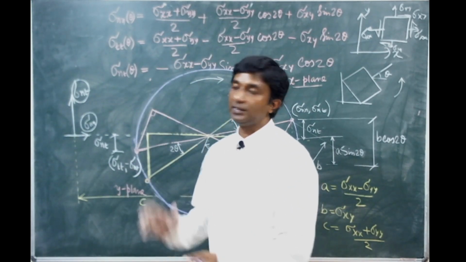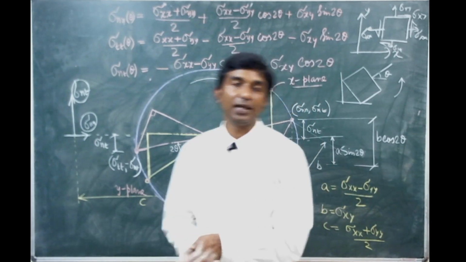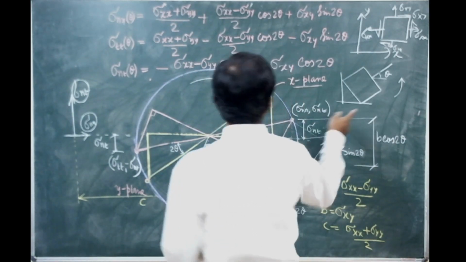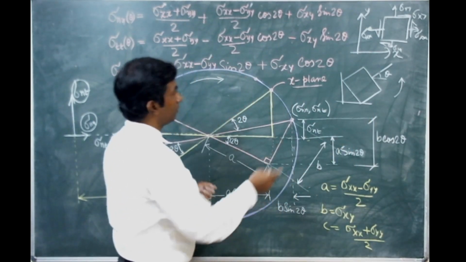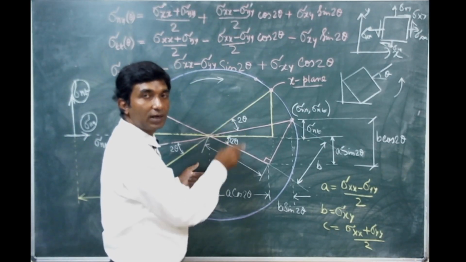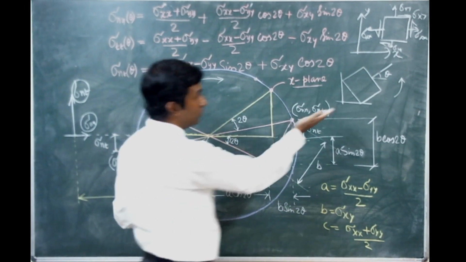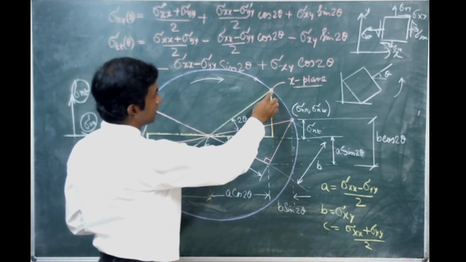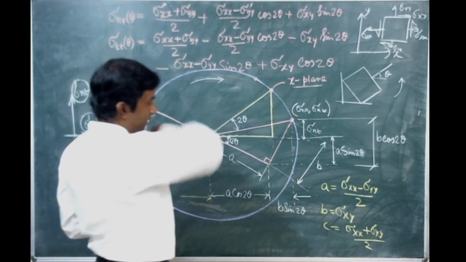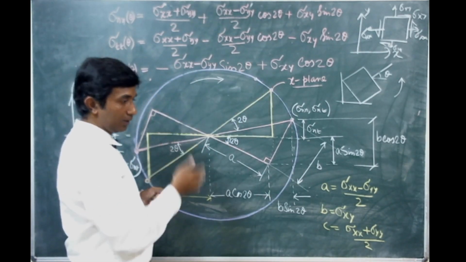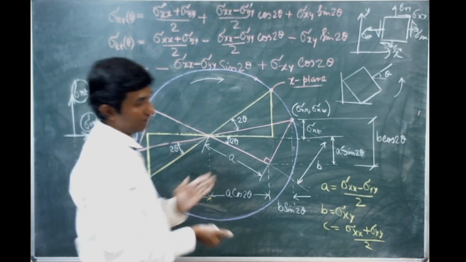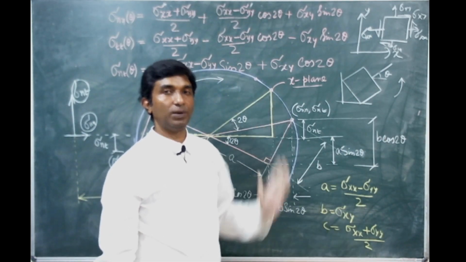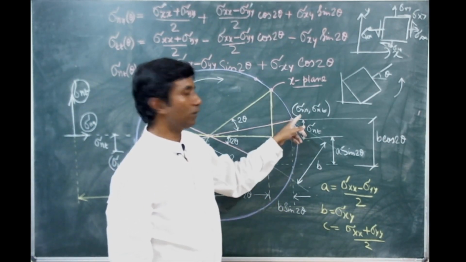Since we are considering a single plane, say the n plane, and continuously changing it, a physical rotation of theta means on the Mohr circle the angle will be 2 times theta. So if you rotate by 90 degrees, here it would be 180 degrees. Suppose you have the x-plane and you rotate it by 90 degrees, you get the other plane, right? Initially, if theta is 0, the n plane coincides with the x-plane.